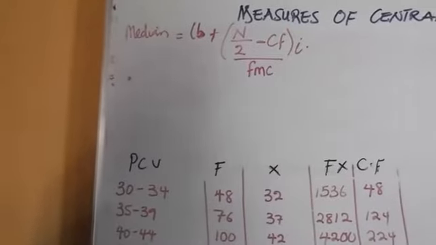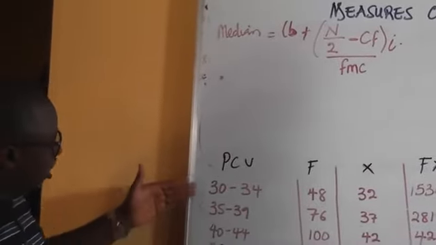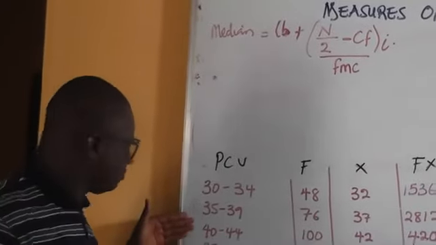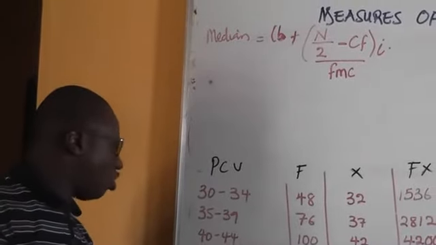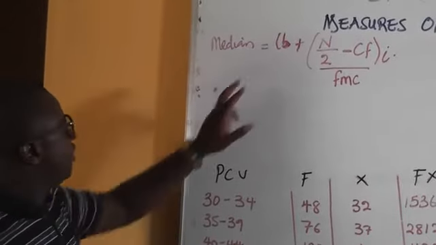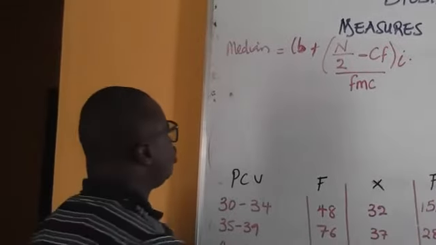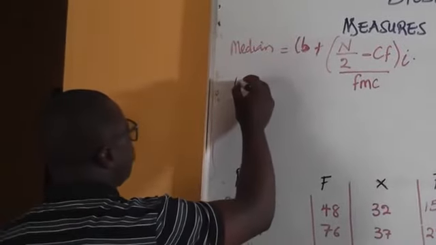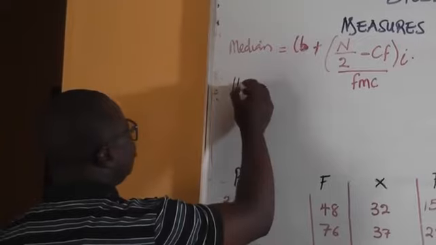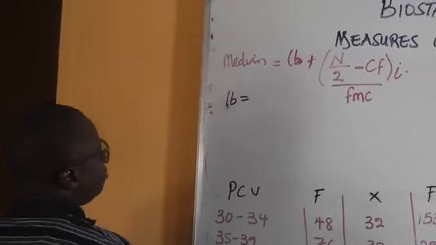The PCV, these ones on this side are called the lower limits. Then this other side are called the upper limits. But we're looking for the lower boundary, not lower limits. So how you do it is, you say lower boundary is equal to